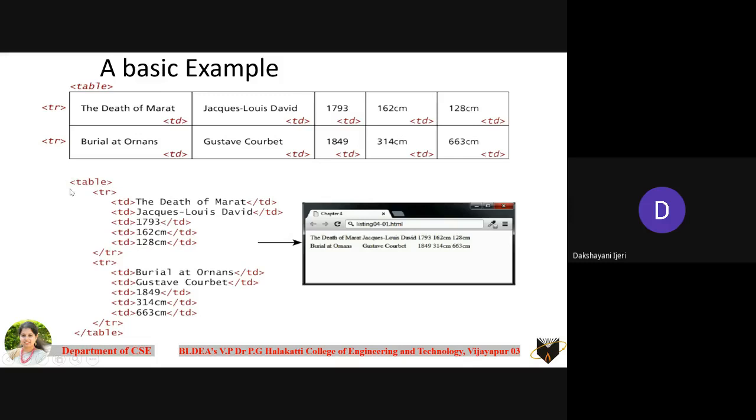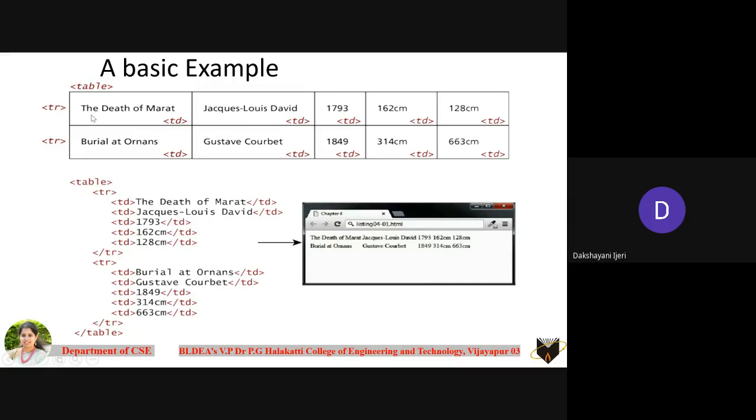Right. So begin with the table element followed by the tr, the first row. You can see how many values are there in the first row: 1, 2, 3, 4, 5. Right, so 5 TDs have to be taken. Once you begin with the TD, type the text that you want to include for this cell. And once you have completely added that content, close that TD immediately there itself. Once you have opened a TD, after adding the content, that respective TD has to be closed here. Similarly, go for the next value, that is this one.